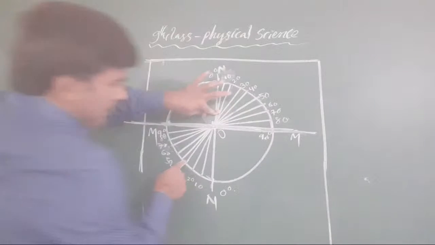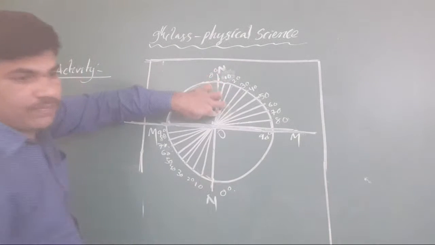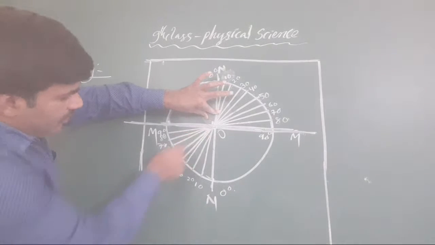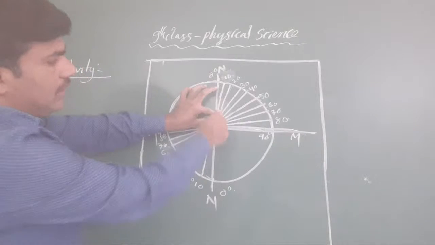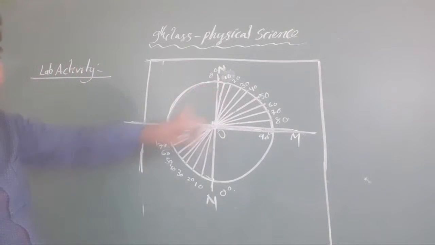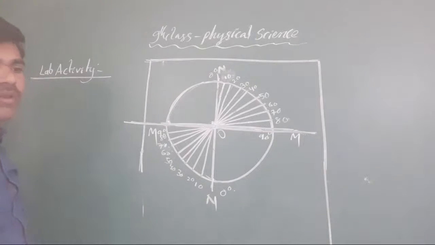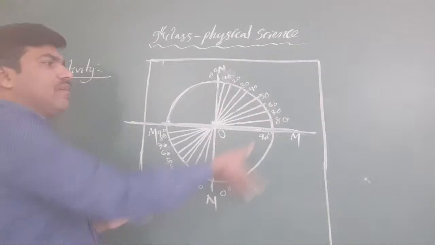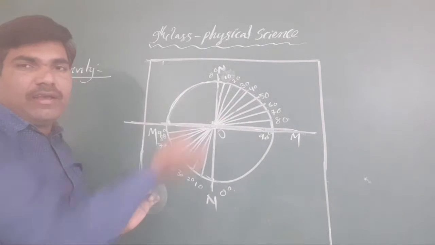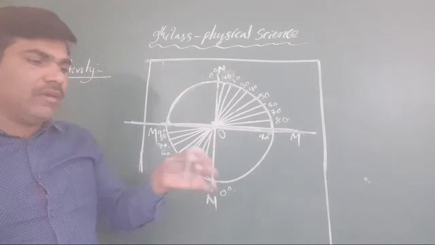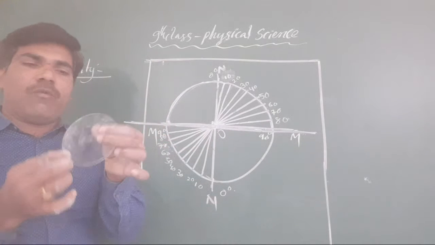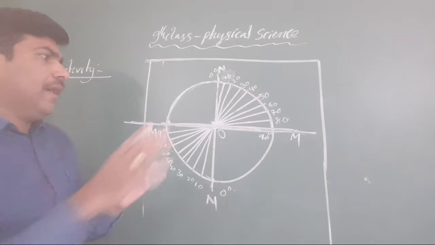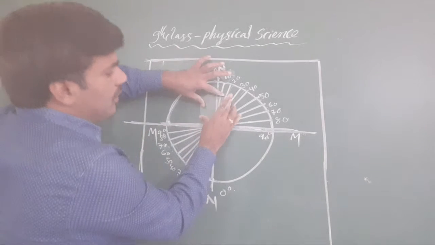Now I am sending the light ray from here to here. Clear or not, all the students? The light ray is taken from here to here. Automatically we will not get the light ray on the same particular path. It is not possible, because a semicircle glass this big may not be available with me. By using this one, it may be possible to take half portion. At that time, when we put it on,